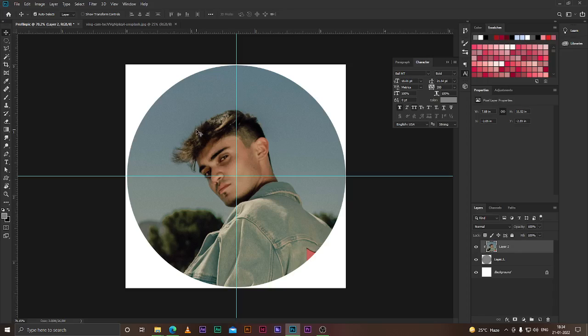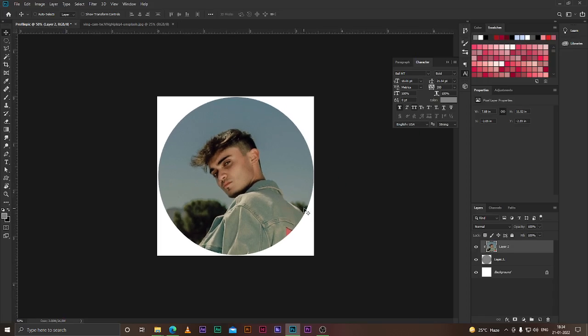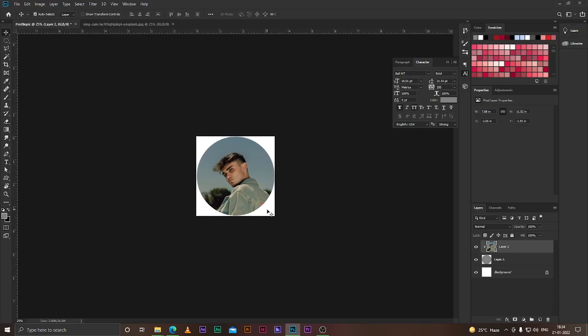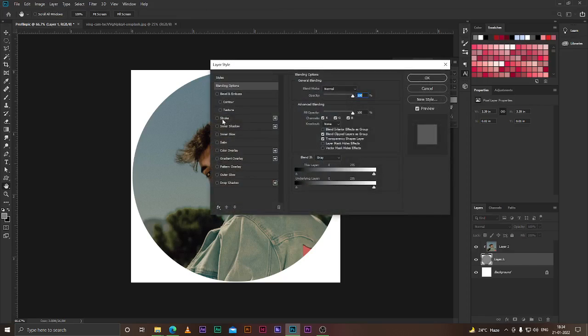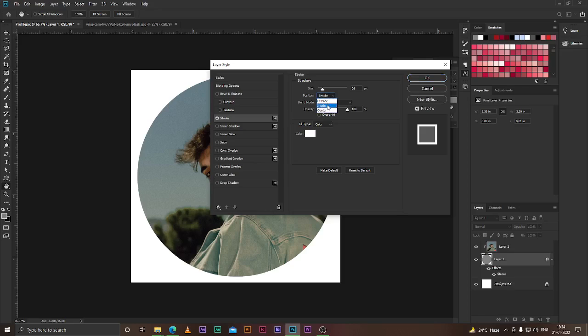Now if I remove that, the person is at the center of my profile, but now I need to fashion it up, right? So let's say I wanted some strokes, so I could double click over my layer, give it a stroke inside, and the color of outside and the background color will be the same.